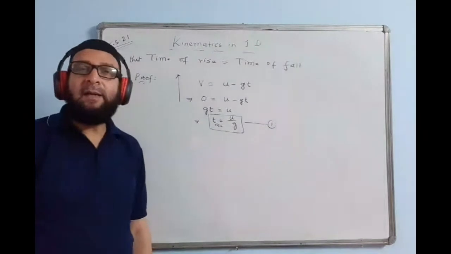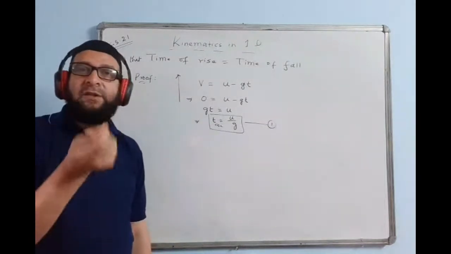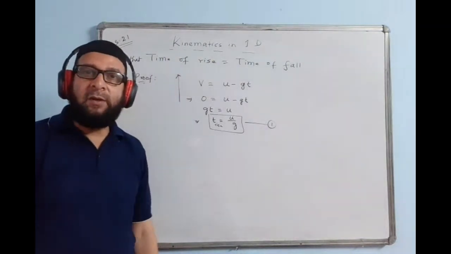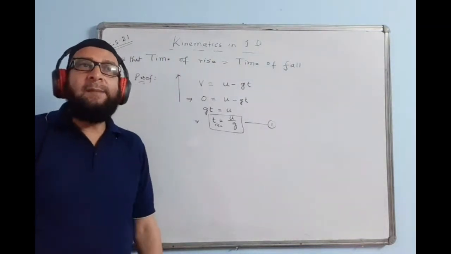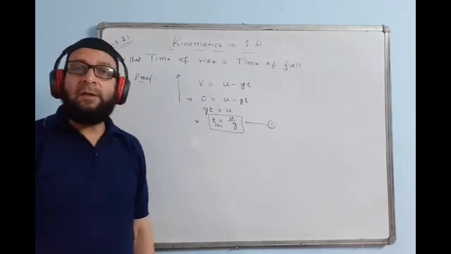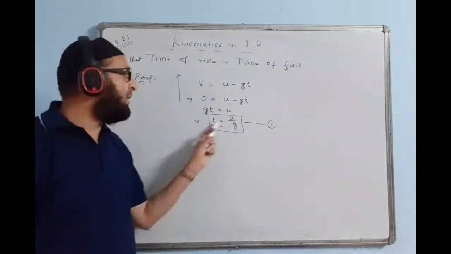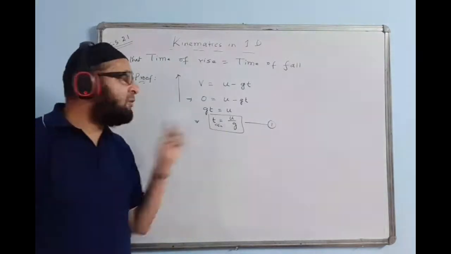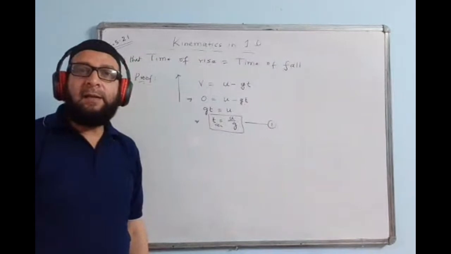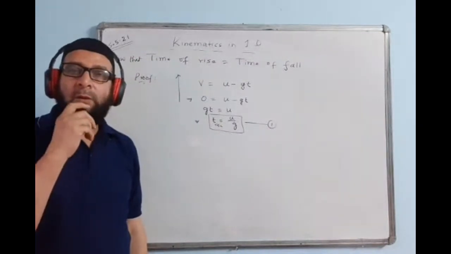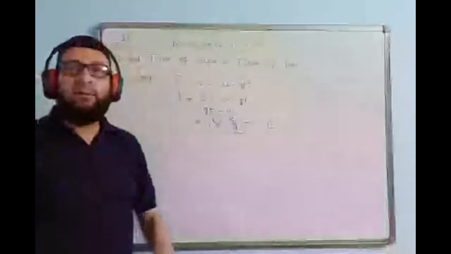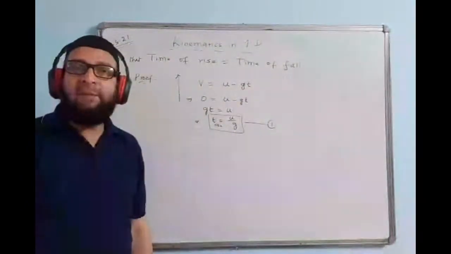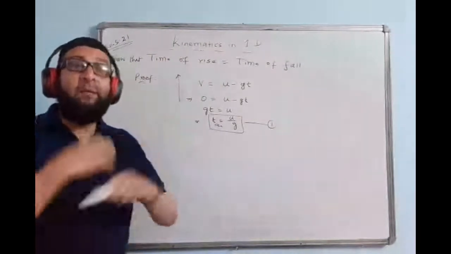I give one example. A piece of stone is thrown vertically up with a velocity of 20 meters per second. How much time will it take to reach the maximum height, or what is the time of its rise? We can do directly here. We are throwing with the initial velocity of 20. So I'll put the value of u as 20 and g value is 10. So 20 by 10, the answer is 2. You can say directly that 2 seconds it will take to rise up. So this becomes a formula. Time of rise formula, we have u upon g. This one you can take as a formula.